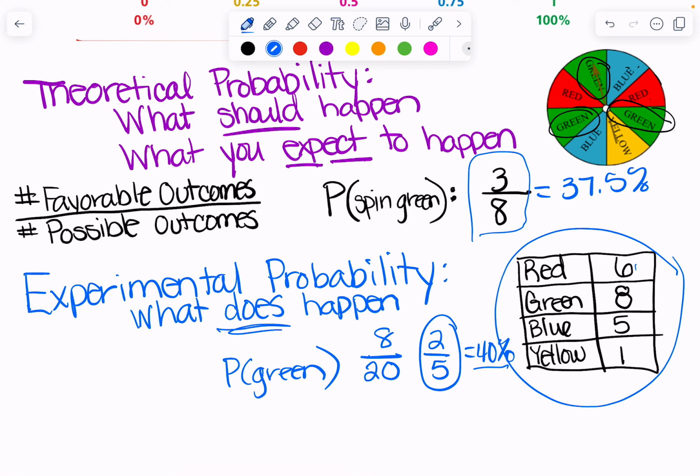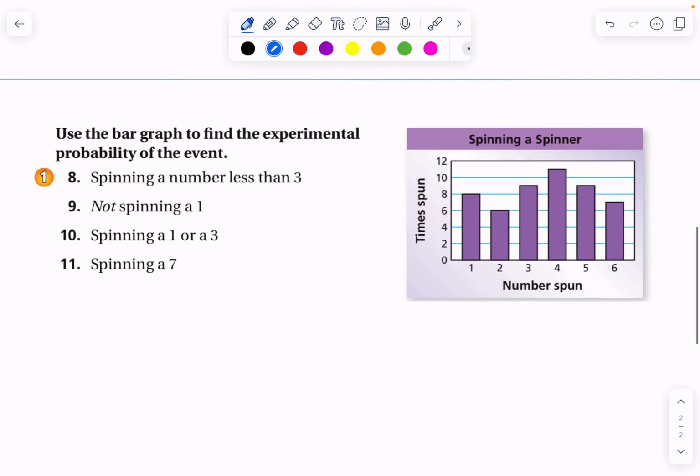Sometimes your experimental might be close to your theoretical. Sometimes it might be really far off. What should happen is the more times you complete an experiment, the closer you should actually end up getting to that theoretical probability. So if we look at a couple of questions, just to kind of solidify those ideas, again,